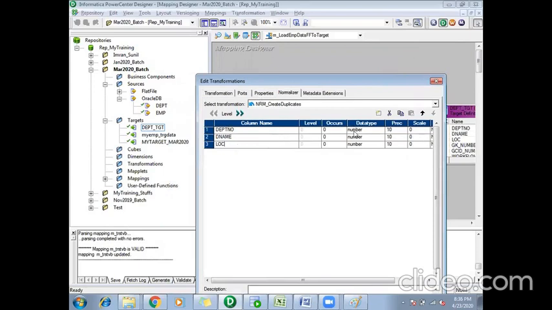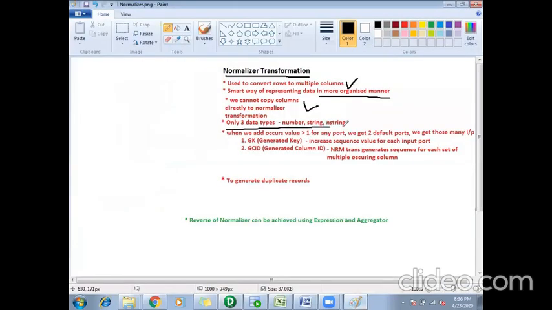The next thing is the data type. I need to assign a data type to these ports. If I click on the data type, I see there are only three types of data types in my normalizer. There are so many data types in Informatica, but when it comes to normalizer, we have only three: nstring, number, and string.